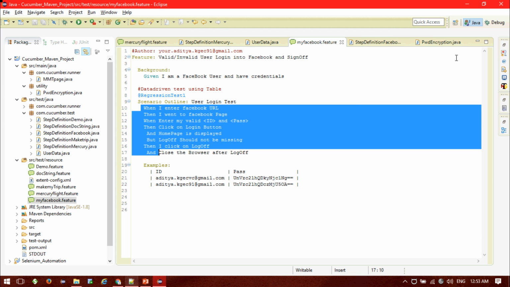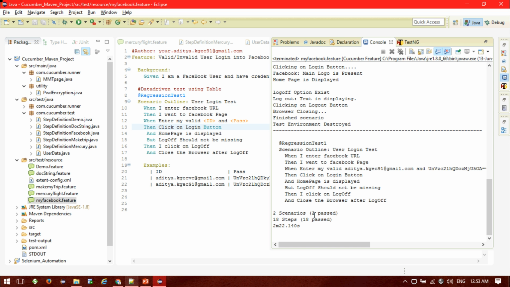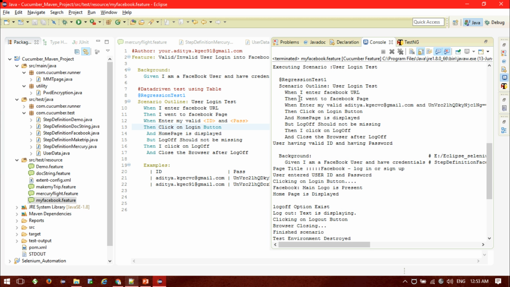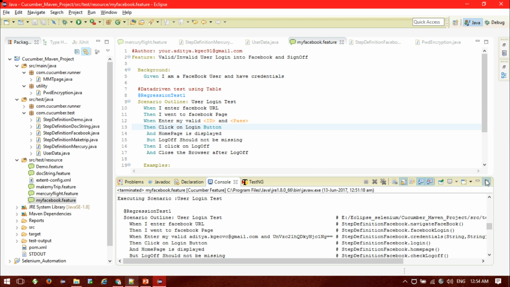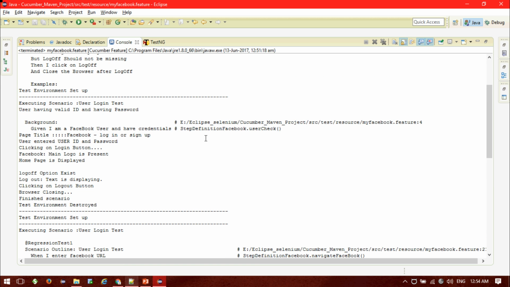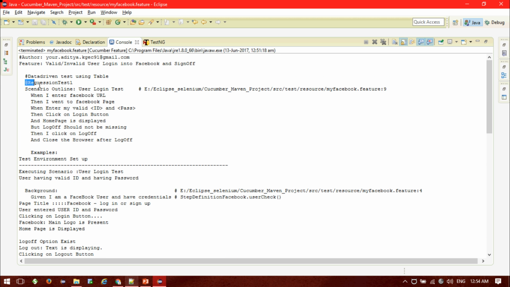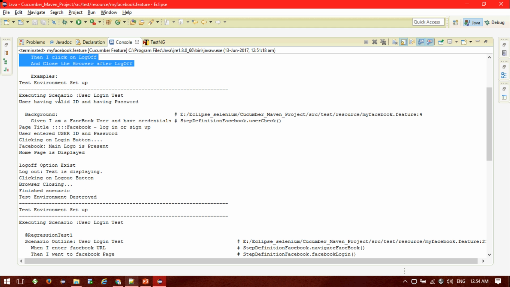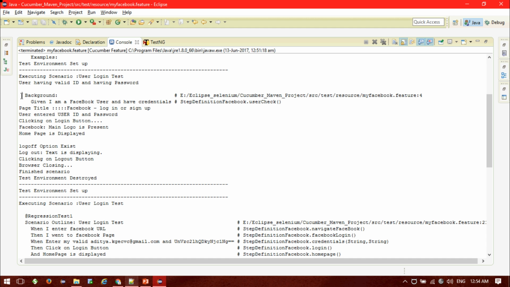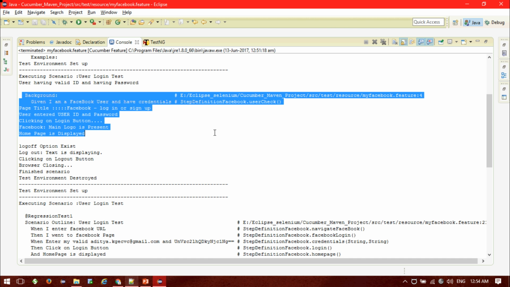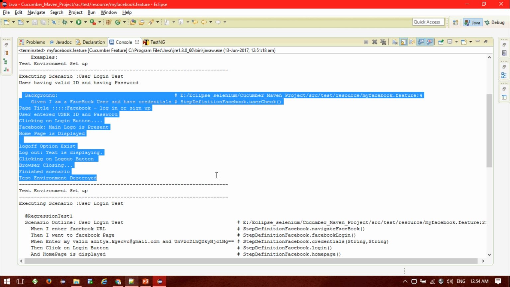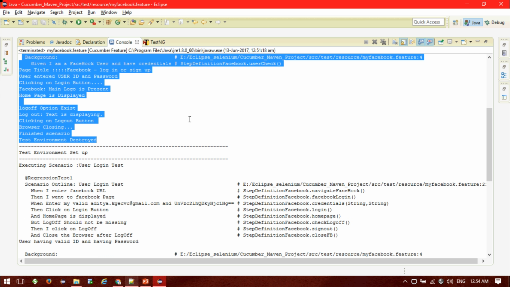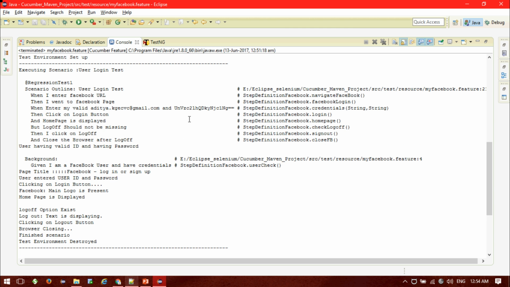Okay, see, so there are a total of 9 steps, and here two scenarios were there. The first scenario was for, let me full screen it. Okay. So this was my feature registration tag test one. This was my scenario outline. So for the first set of data, it went through the whole scenario from the starting to the end, and checked each and every assertion and validation that I have set. And after the first set of data validation is done, it will again check for the second set of data,